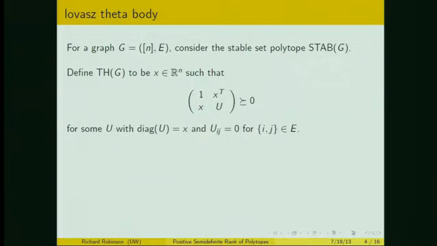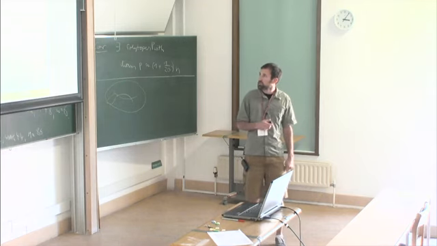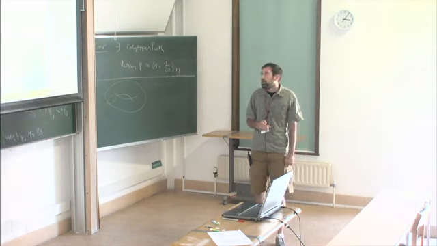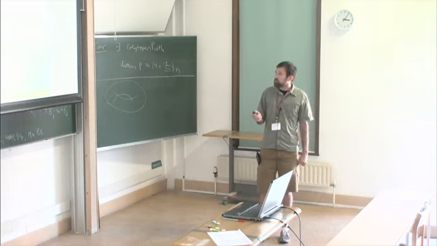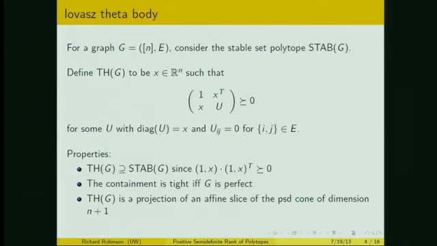Okay, and just for a motivating example, it's been mentioned several times throughout this week. For the stable set polytope on n vertices, we can define the theta body. That's defined as all x such that we can find a U satisfying these conditions. The diagonal of U is x, and for every edge, the ij-th entry is 0. So it's all x such that we can find a U making this matrix PSD. And that's a relaxation in general of the stable set polytope. And that's just because this